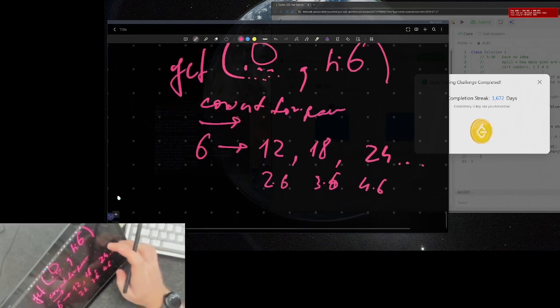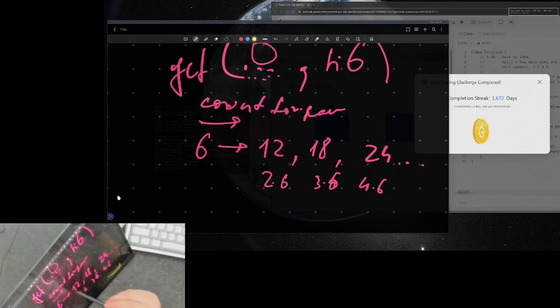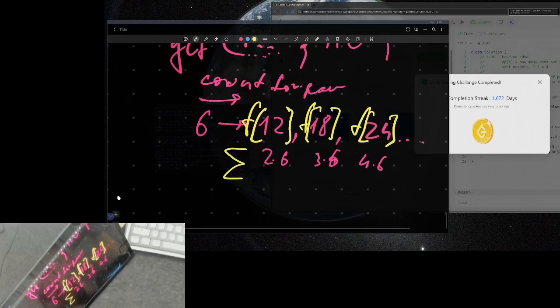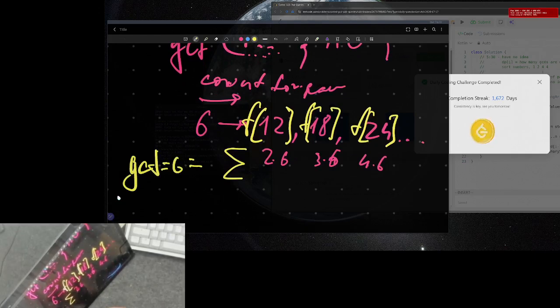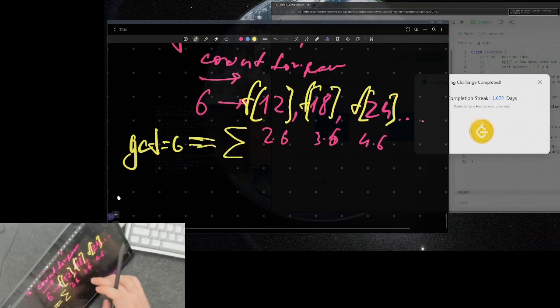After that we count how many numbers we have from our array, and this is a question of the frequencies. So the frequencies are like this, and we're doing the sum of them. This is the sum, and this would be the answer for GCD equals 6. This is how many pairs we have, but